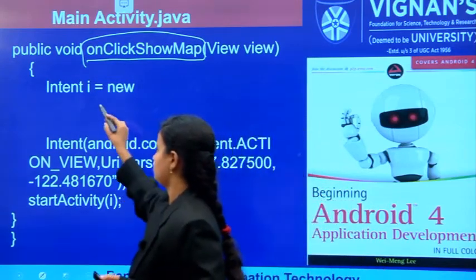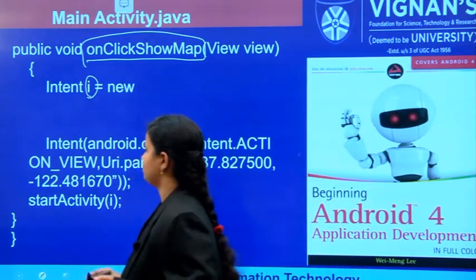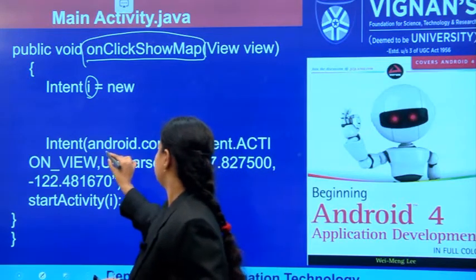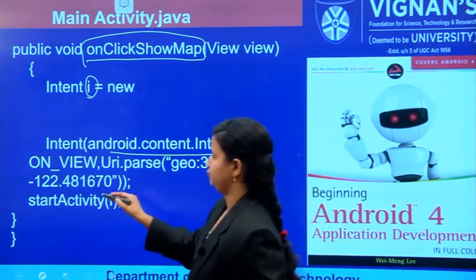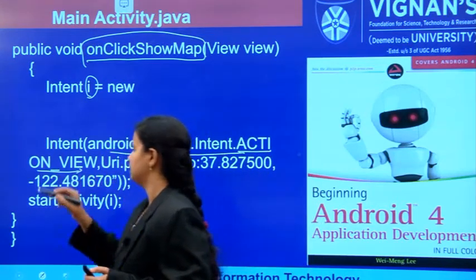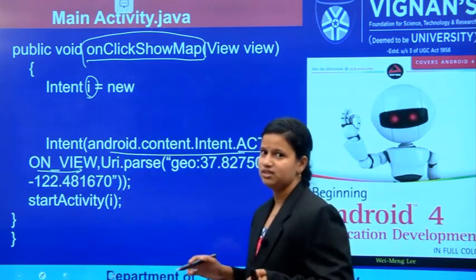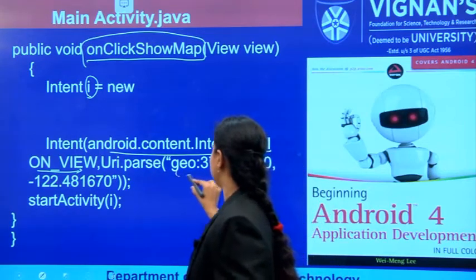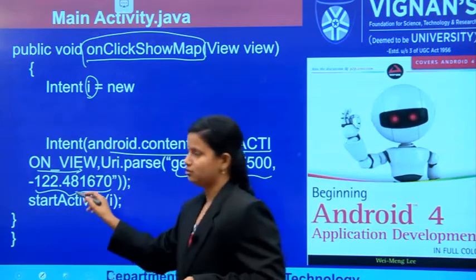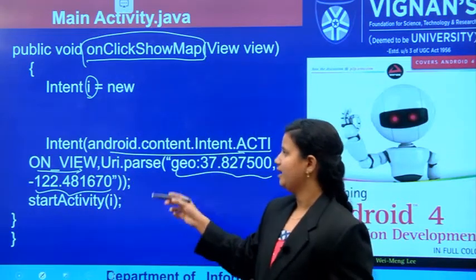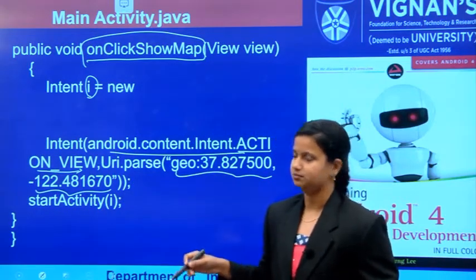Whenever you see onClick, we also have to create an intent object. The action is ACTION_VIEW, which means we are viewing that data. What data are we passing? A geolocation, which is opened and shown to the user.